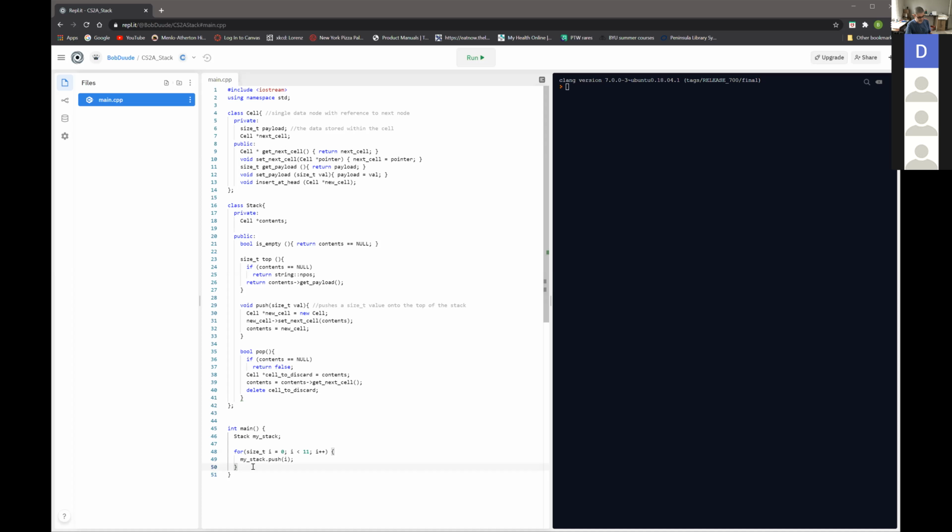I don't know. How can you find out if it works or not? I can check the contents on the top, I guess, and then pop it to see how that is. I can also just check like,